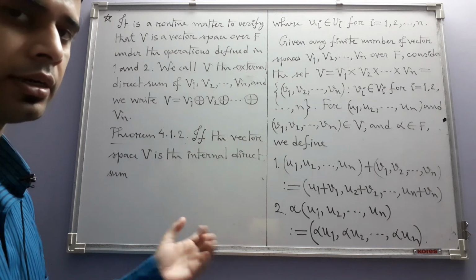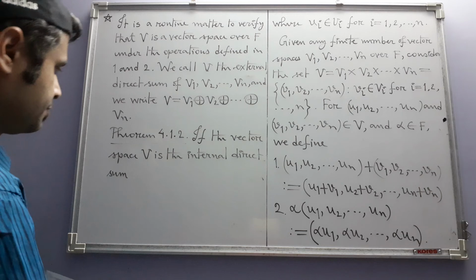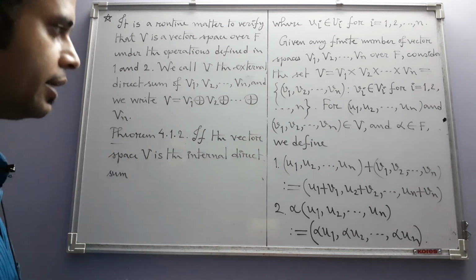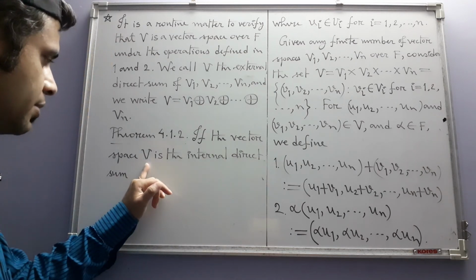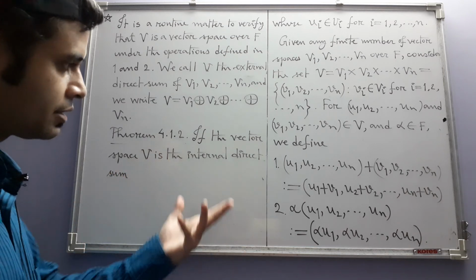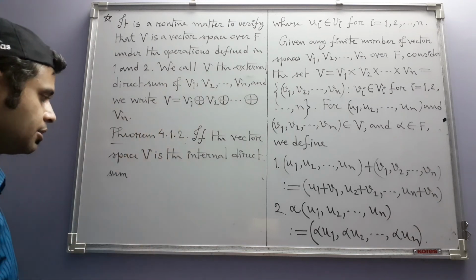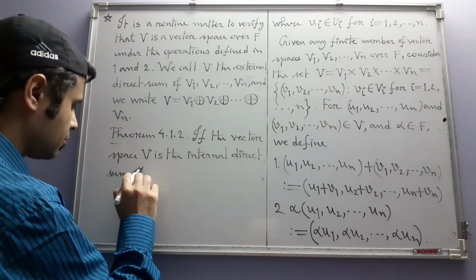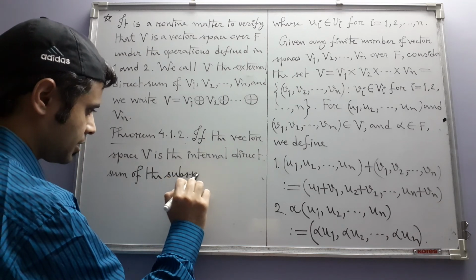There are also internal and external direct product, but we have not got to that part yet. When we get to that part, you will see that the internal direct sum, because after all a vector space is also a group, as a group it matches with what we have in group theory. Okay, this definition matches with that one. Anyway, is the internal direct sum of the subspaces,